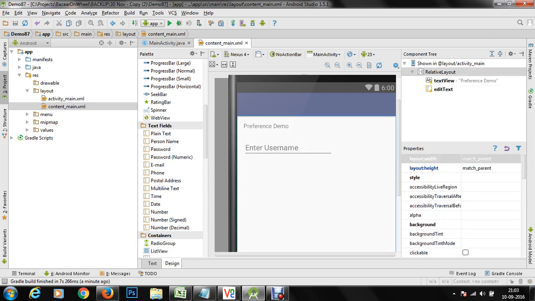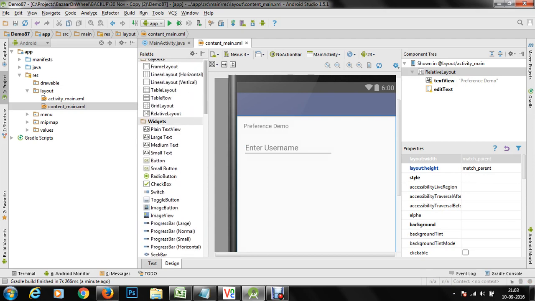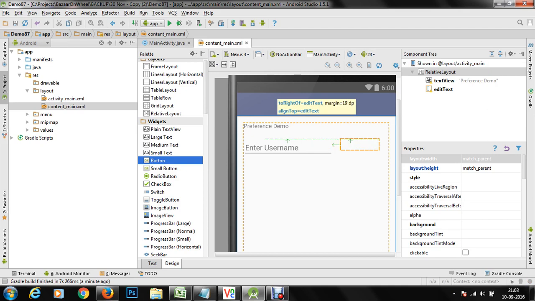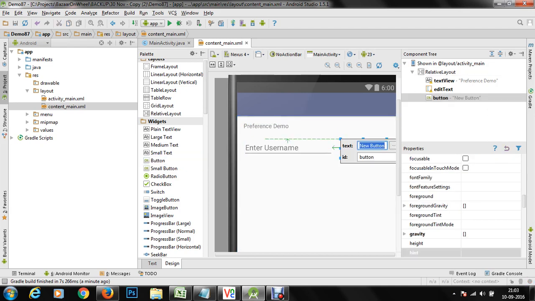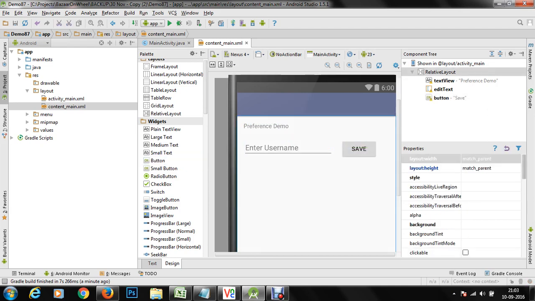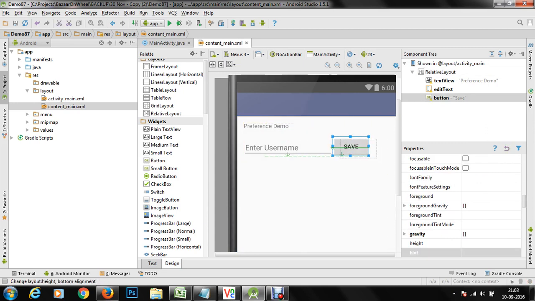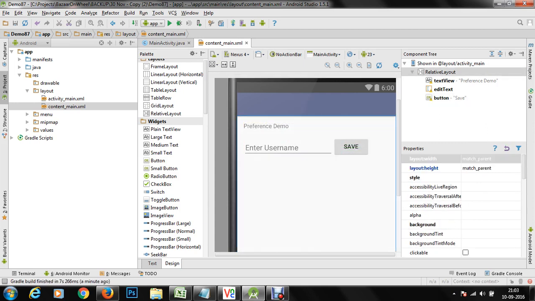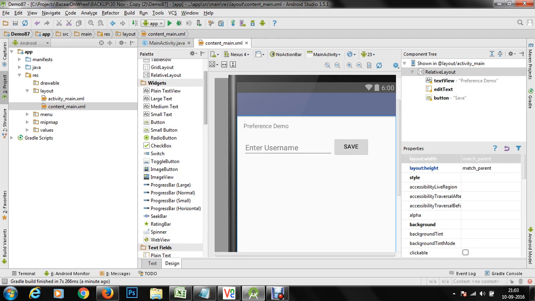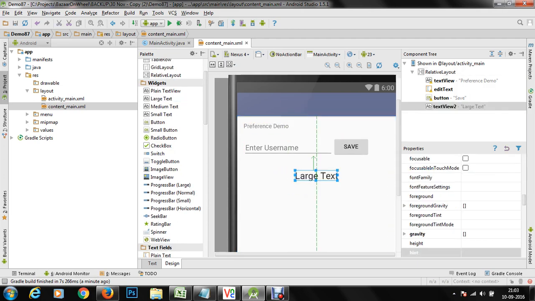As soon as we enter a username here, we are going to create another button which is going to save the preference for us. Let's say I'm going to save the username in my application. I'm going to set this button somewhere relative to my edit text control, and here at the bottom we are going to display the last saved username.